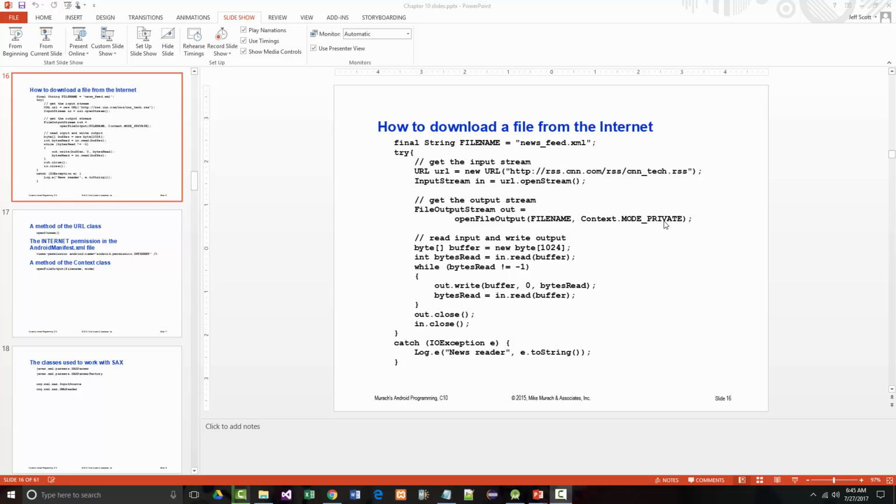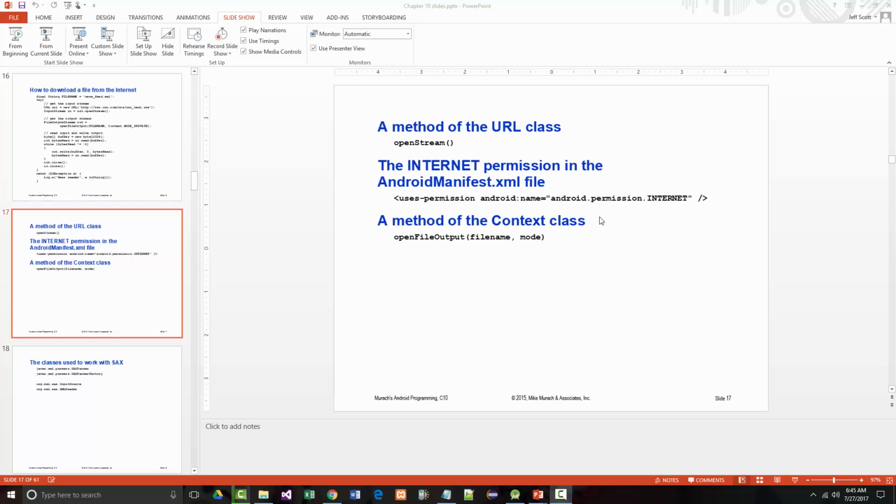So you can use Java and Android APIs to download a file by reading input from the internet and writing the output to the file system. MODE_PRIVATE stores a constant with a value of 0. Okay, do you need to know that? Not really. All right, so once you go in and you start doing this stuff,